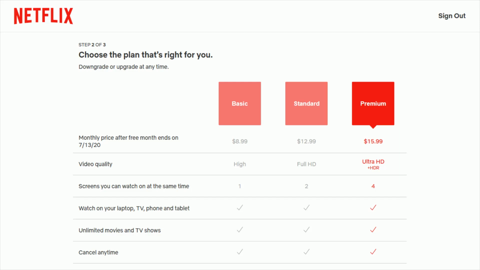And as of this point in time, there's 3 different options for Netflix plans. You have the premium, which is $15.99 a month, and the difference between the premium and the other plans are right here at the top, where you can get video quality in Ultra HD plus HDR, and you can have 4 screens that you can watch at the same time. For $3 less, the standard plan, you can get video quality up to full HD. There's 2 screens that you can watch at the same time,